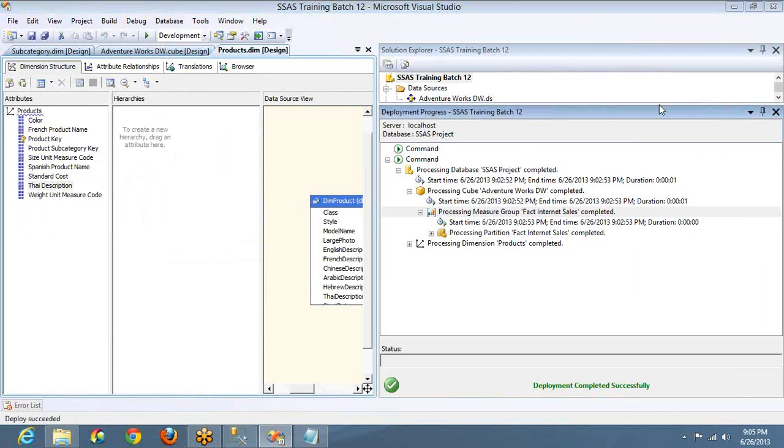Take the AdventureWorks database, create a data source, add 8 dimension tables and 2 measure group tables, 2 fact tables. 8 dimensions I want and 2 fact tables I want, and create 8 dimensions and 2 measure groups. Okay, process the cube and send the backup of the cube to me. Is it clear, or do you want me to repeat?